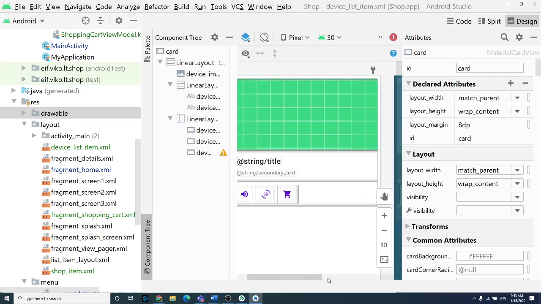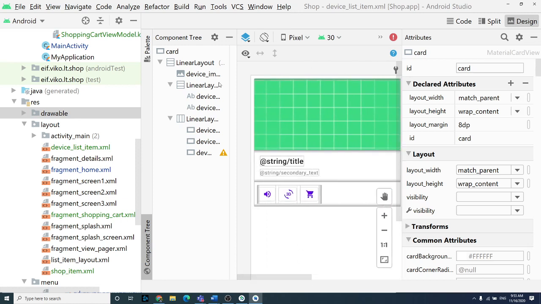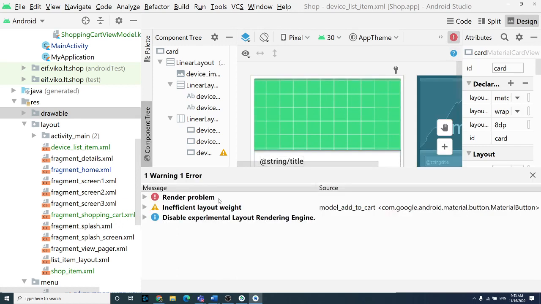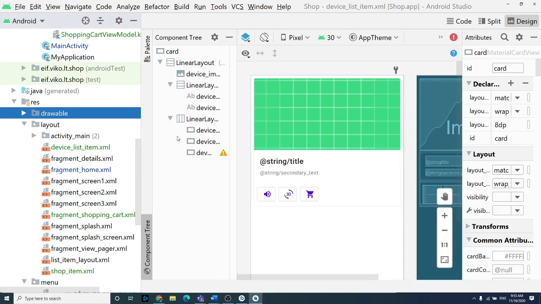Okay, we already have our IDs. We have the template for the single item, and now we need to